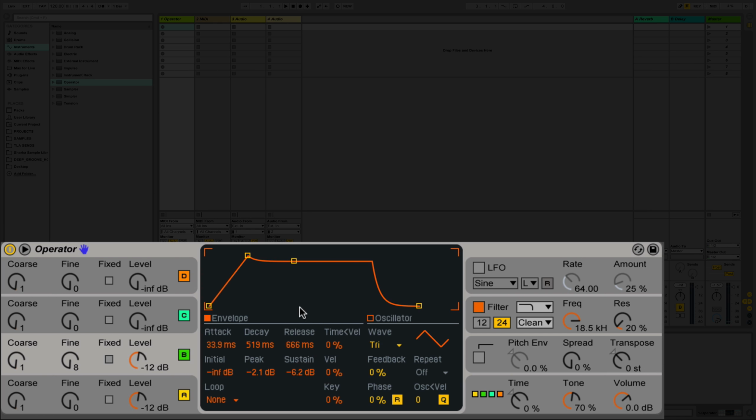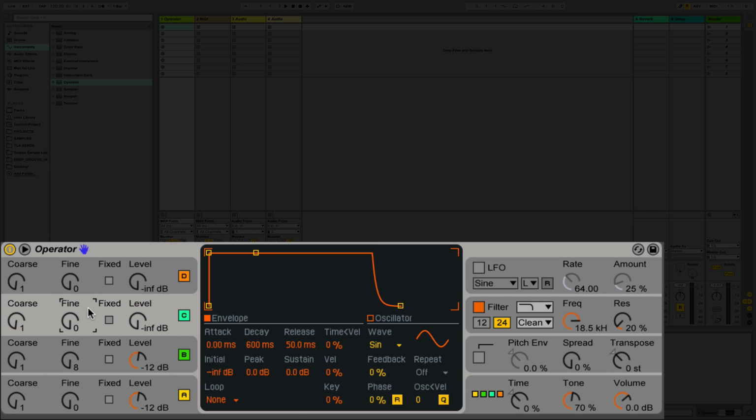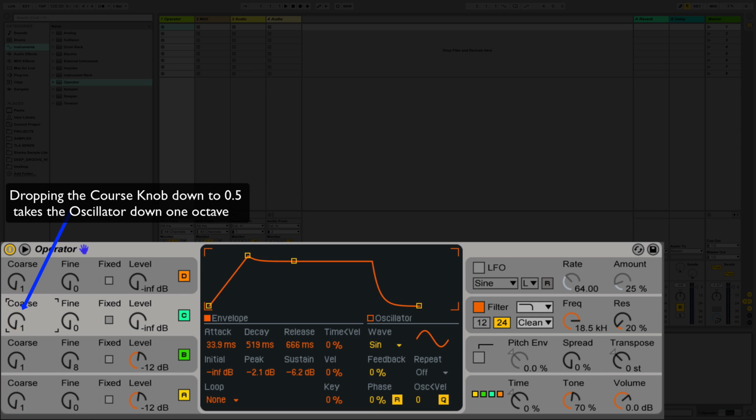Okay, cool. Now I'm going to get a little bit of low end into this. So how I'm going to do this is we're going to click on C. We're going to right click and copy the envelope. So now we've got the same envelope. Keep it on the sine wave here, and I'm going to drop the coarse down. Let's see what we get. Turn the volume up. Great. So now we're sounding like a nice little